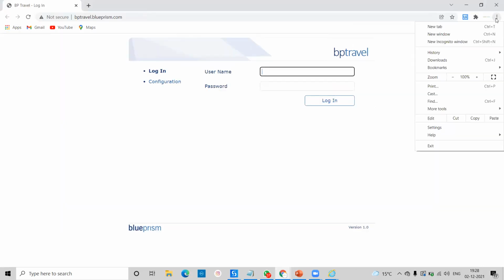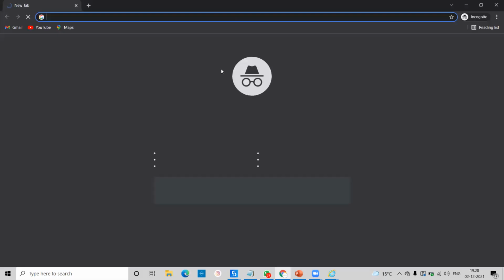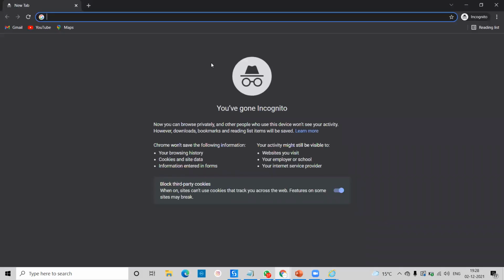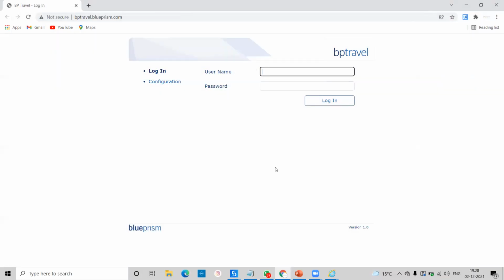Okay, so if you click here, and if you click on this new incognito window, you'll get this type of thing. How to automate this incognito window? Because in multiple projects lots of people come and ask, I want to automate any web, I want to launch Google Chrome, Google web browser, or Paytm or something else in incognito window. What is the process? So there we'll get this type of challenge. So I will tell you how to automate this type of thing.